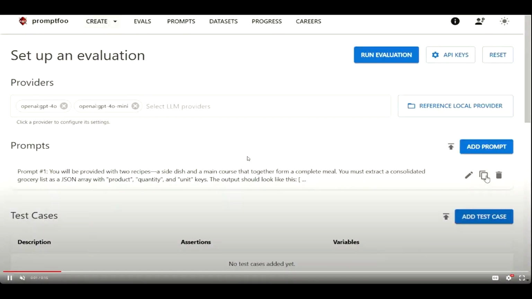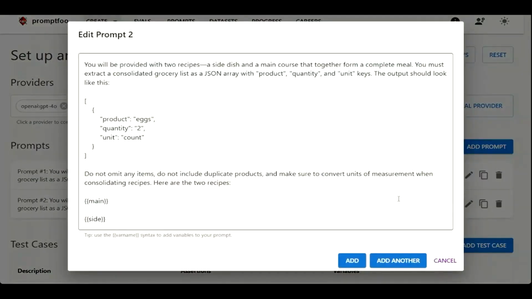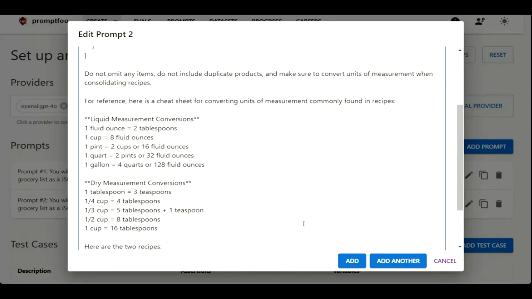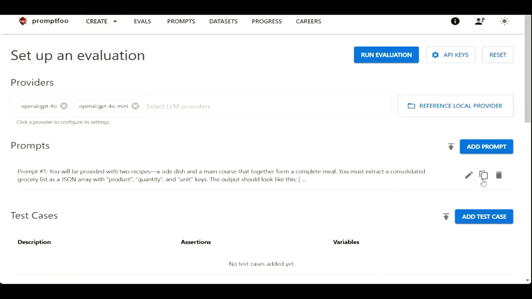Like, okay, what if I say just output the JSON? Is that going to give me better results than if I say don't output markdown, right? So you could test different language like that. But so you click this duplicate button over here, and then you can simply edit the existing prompt to make a modification to it in the sort of second version. And so here I put that conversion chart for the units, and we'll see how that performs against the initial